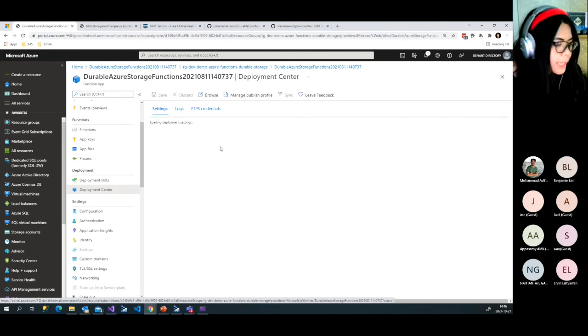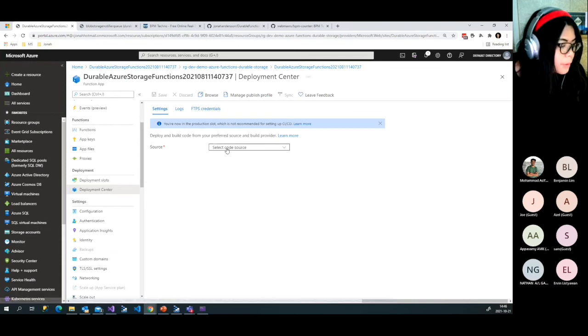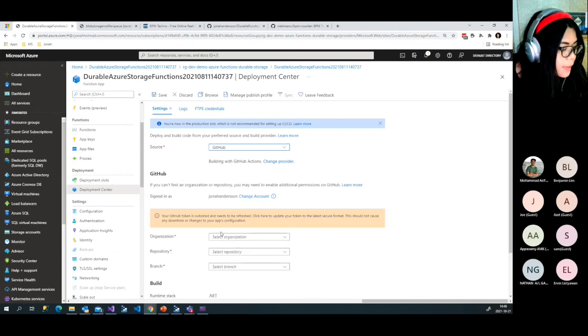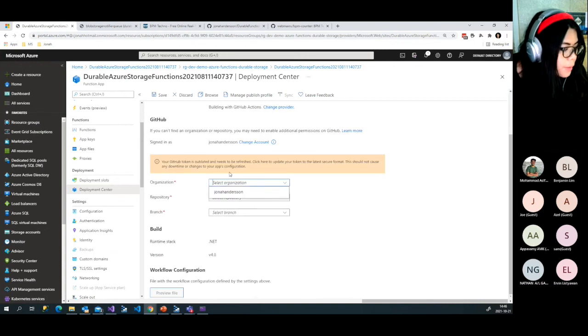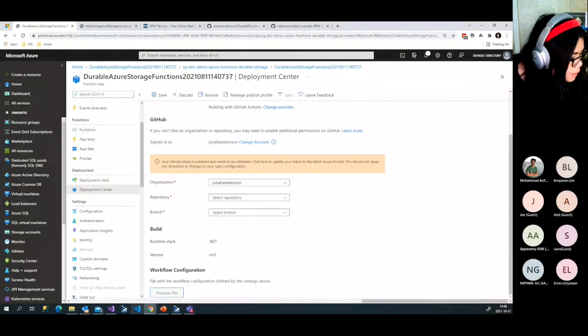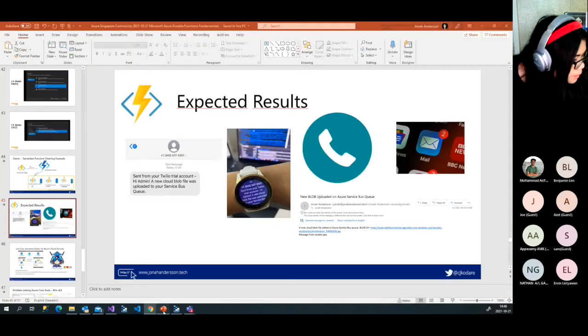So connect it to your GitHub repository to set up the pipelines for deployment, continuous integration and development. You can set up GitHub, and then select your repo here. I have my name, and then I can choose what repo I want to connect it to. So that's my demo app, and let me just finish the presentation so I can answer some questions.